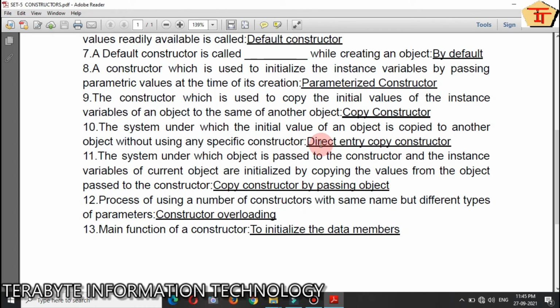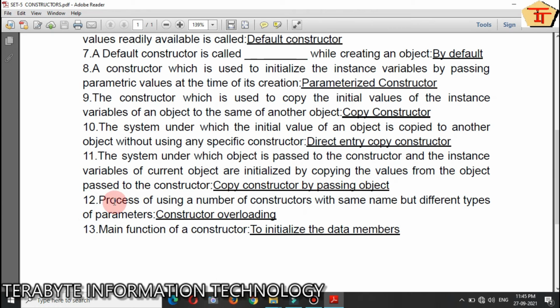The answer is direct entry copy constructor. Question number 11. The system under which object is passed to the constructor and the instance variable of current object are initialized by copying the values from the object passed to the constructor. The answer is copy constructor by passing object.